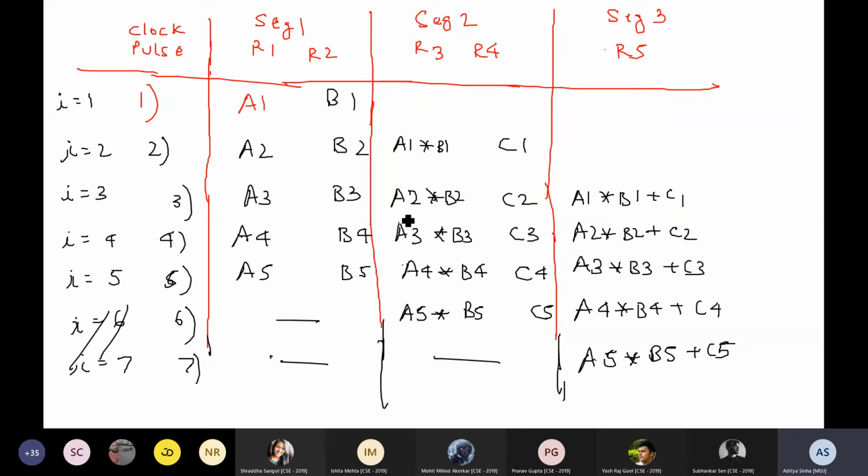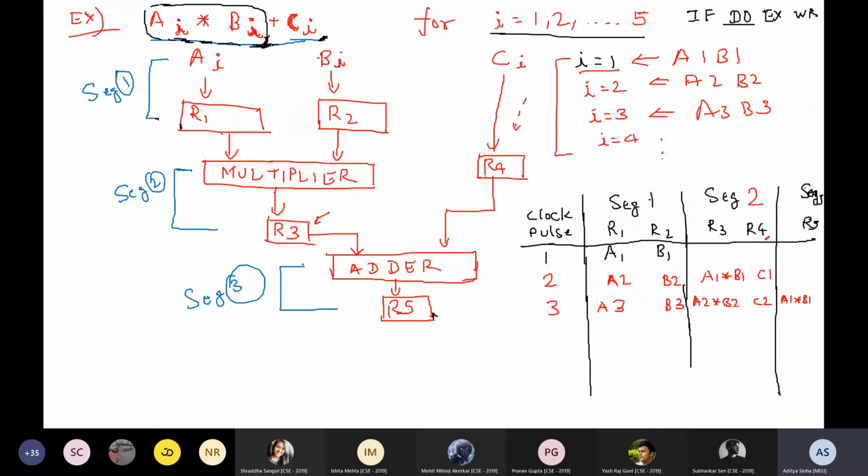Okay, so our data stream is moving from I1 to 5. We are doing 3 steps in this. Firstly, we need to feed the data values into various registers, that is the A and B values into R1 and R2. Then we'll multiply both of them and keep it in R3. At the same time, we can have the value of C in one of the registers, that is R4. Then we can take both the values, add them and put the result inside R5.